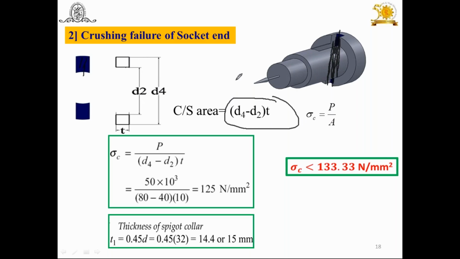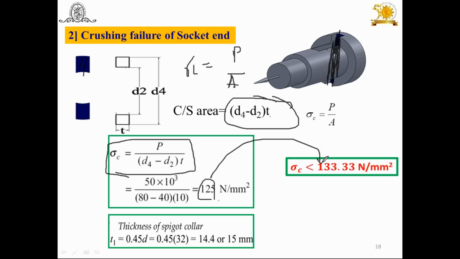This is the area. Therefore, sigma C is equal to P upon A. P you know very well. Area is equal to this. You can substitute. I have substituted. Sigma C is equal to this. You will get 125, the crushing failure of the socket end. This is 125, but permissible how much? 133. You can say induced calculated stress is less than permissible. Your design is safe. In this way, and again yesterday we have seen the thickness of the spigot collar T1